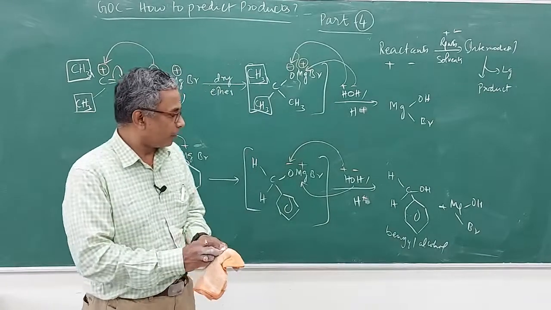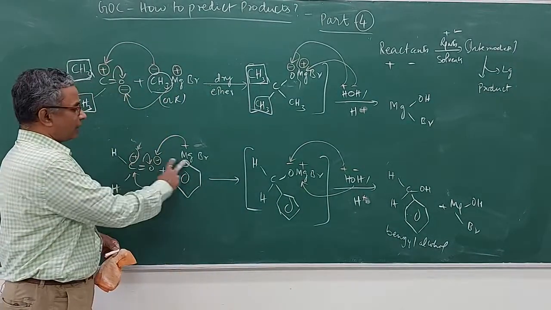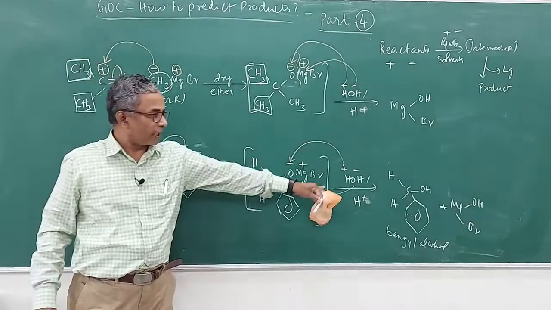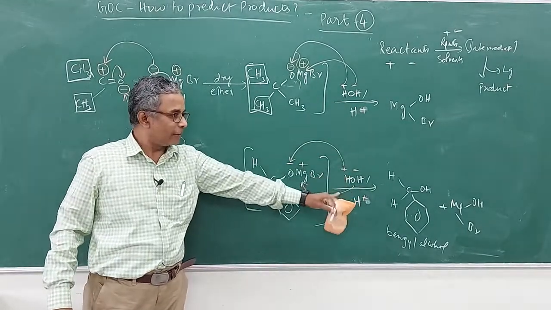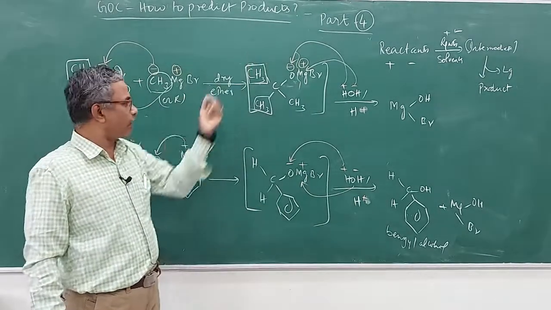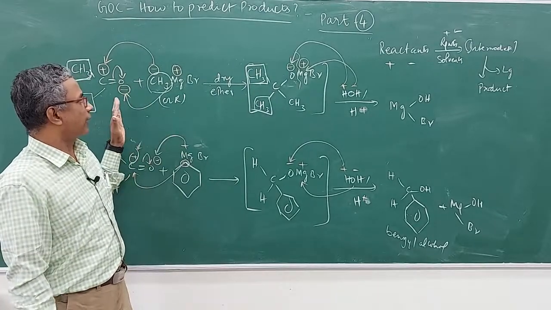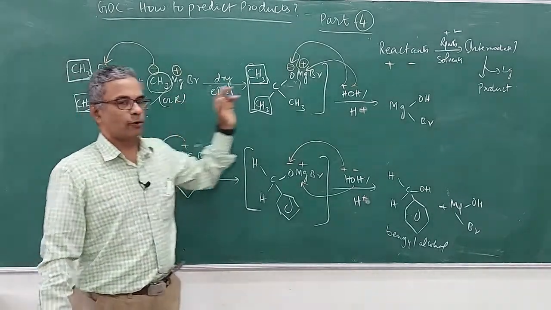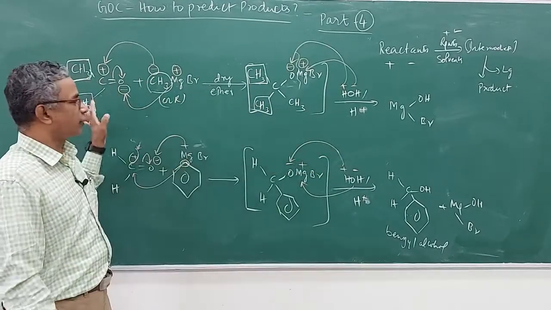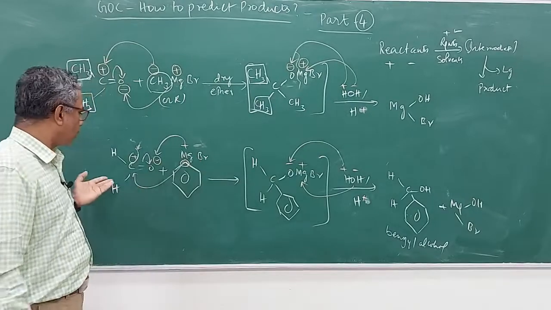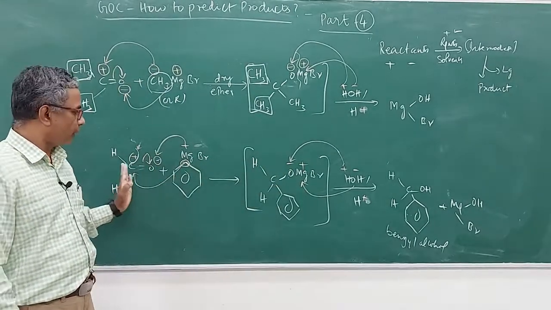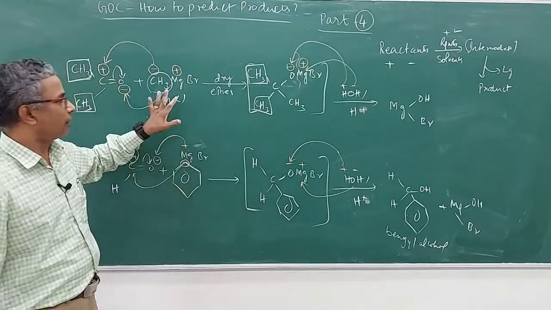So these are the different ways by which you can create plus minus, and then by changing the R group of this Grignard reagent, you can get a range of products. This will be useful in two types of questions. One is to predict the products, another is for conversion problems. Suppose you get a question on converting methanol to ethanol, or ethanol to 2-propanol, or acetone to tertiary butanol, or methanol to benzyl alcohol. Like this, if you get any question, you can do a similar type of reaction by using the Grignard reagent.